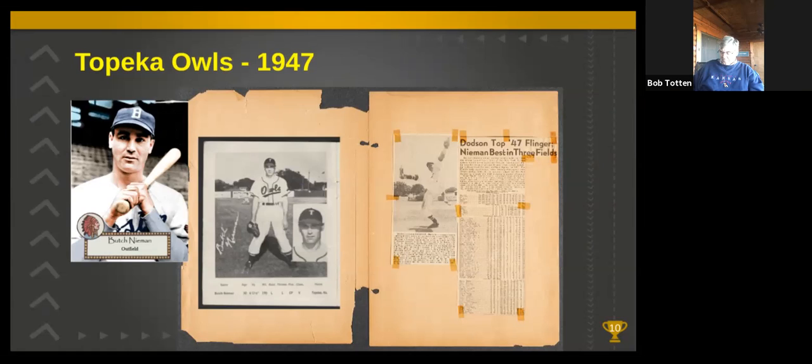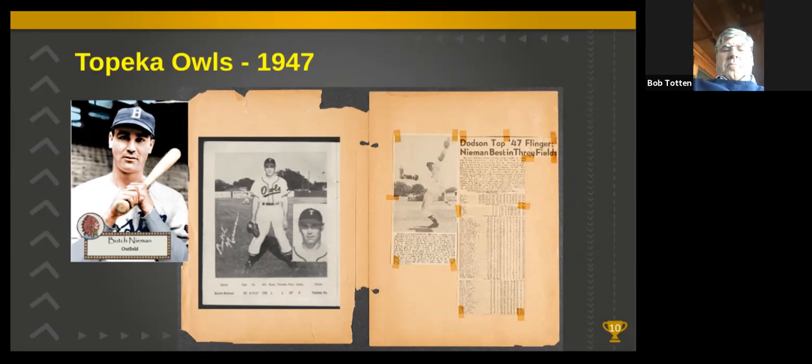And at age 29, this was the first year that Elmer Leroy Butch Neiman played baseball for the Owls. He would start in their lineup for 5 seasons in total, and each of those 5 seasons, he led the Western Association in home runs. Butch came from Herkimer, Kansas, and played football at K-State, earning the nickname the Herkimer Hurricane before he got into professional baseball. And he spent 3 years during the war playing for the Boston Braves and was usually among the hitting leaders in the Western Association. He was in a league by himself when it came to hitting the ball.